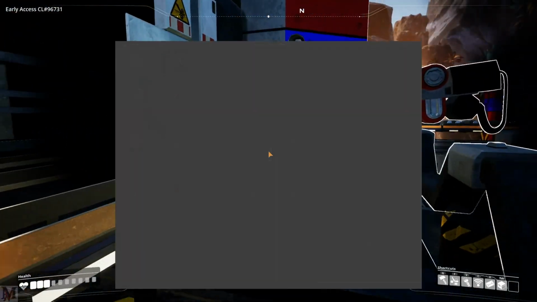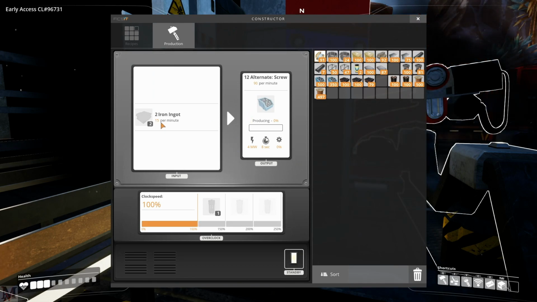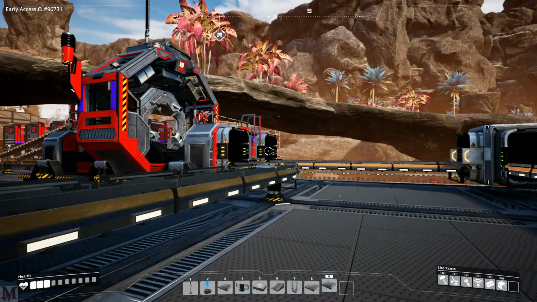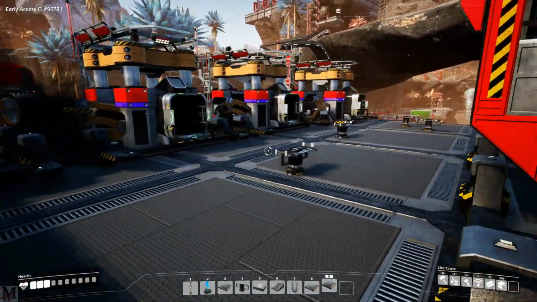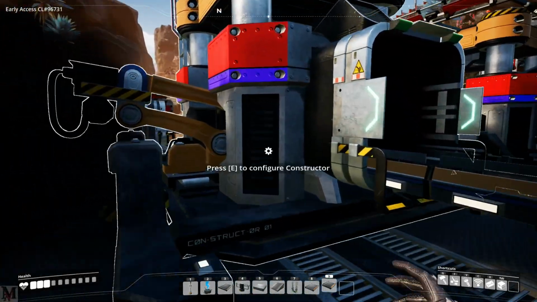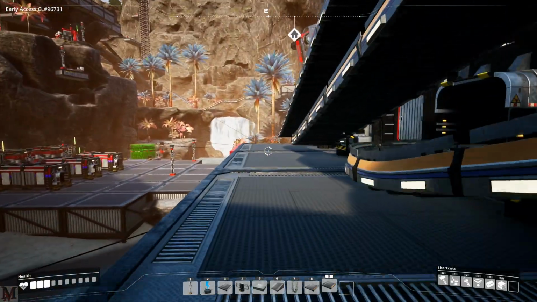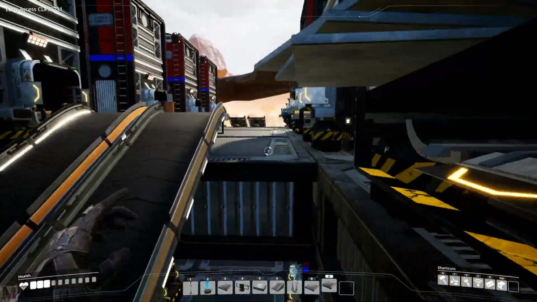Okay, so this one's gonna be doing our alternate recipe for screws, which is 2 iron ingots, and it still only does 90 per minute, which I guess that's fine. And then this one's gonna be doing plates, and then this one over here is going to be doing reinforced iron plates. Then this one over here is going to be our screws, iron rods, screws. I don't remember how I got things set up over here. Let's see. You are definitely plates. Then the second,